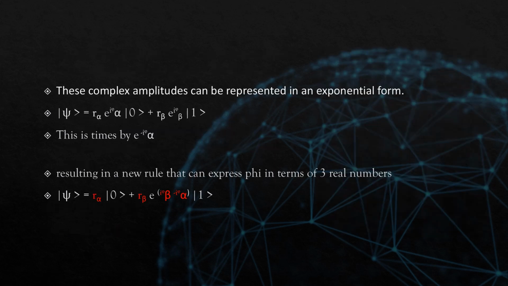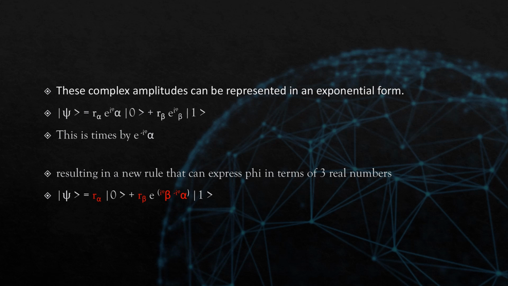These complex amplitudes can be represented in an exponential form, giving us R alpha times e to the power i psi alpha base state 0 plus R beta times e to the power i psi beta base state 1. This is then multiplied by e to the power of negative i psi alpha, resulting in a new rule that can be expressed phi in terms of three real numbers, where we have phi is equal to R alpha base state 0 plus R beta e to the power of i psi beta minus i psi alpha to the base